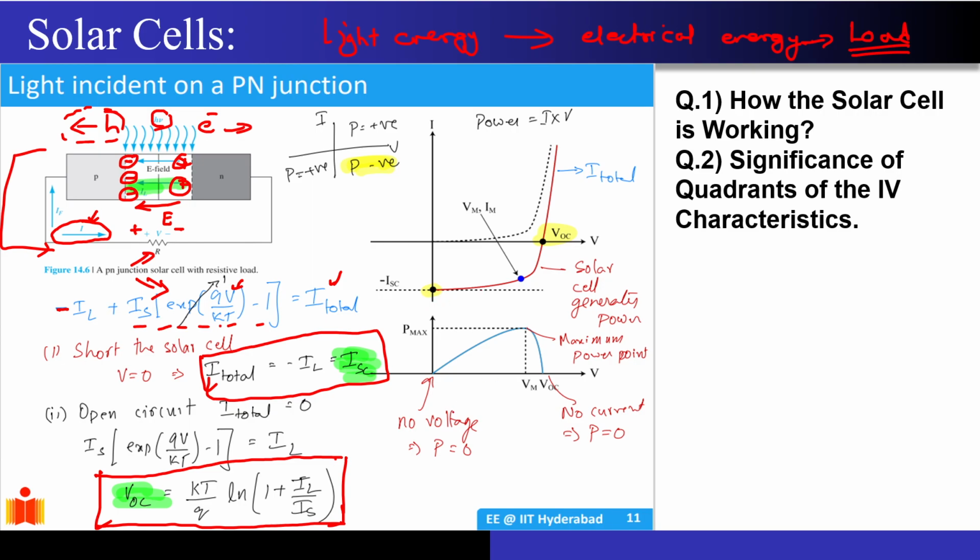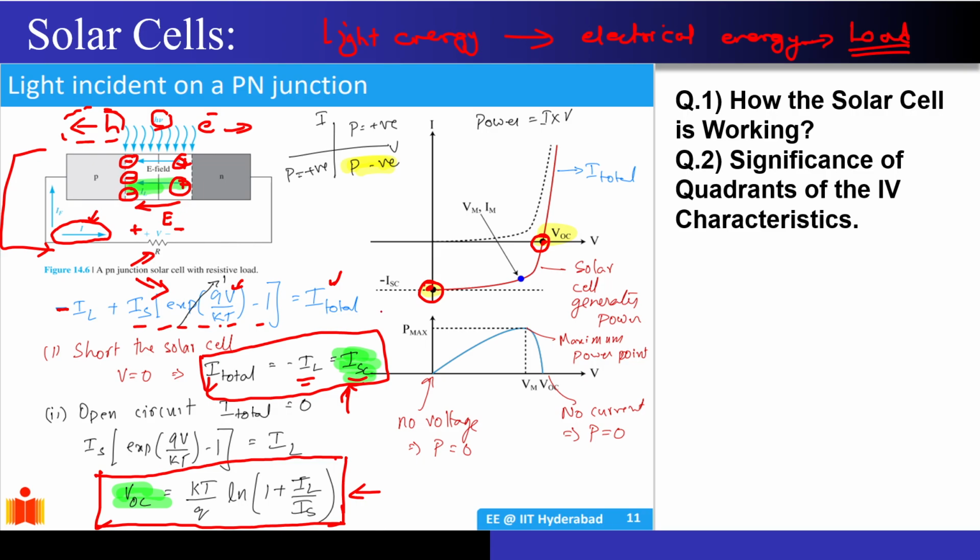Yeah. So now this is what we got as open circuit voltage as well as the short circuit current. Now if I try to plot the current versus voltage characteristics, first of all, when my voltage was 0, I got this minus short circuit current, but its value is negative. That's why I got a point over here. If I take this open circuit voltage, at that point my current is 0. So I will get a plot like this.